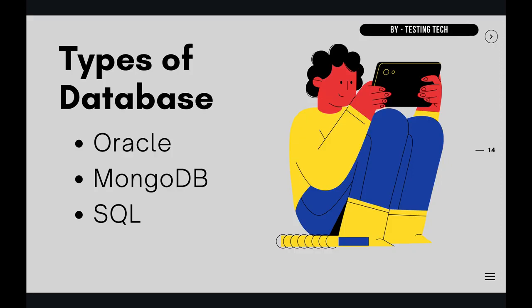MongoDB, the most popular NoSQL database, is an open source document-oriented database. The term NoSQL means non-relational. It means that MongoDB isn't based on the table-like relational database structure but provides an altogether different mechanism for storage and retrieval of data. Coming to SQL, SQL stands for Structured Query Language, a standard database language which is used to create, maintain and retrieve relational databases.